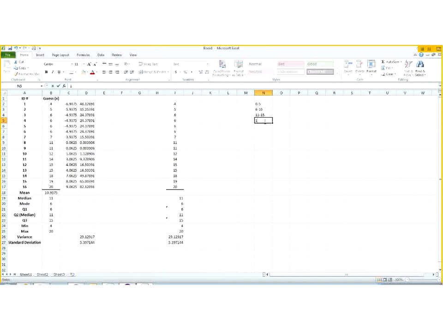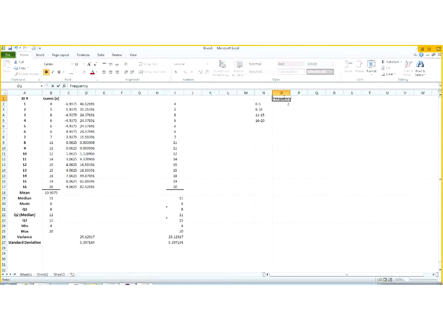Numbers 16 through 20. So basically, all you're doing on those is going through your guess numbers and counting up how many numbers you have between 0 and 5. So we're looking at that. We got 4 and 5. So next to that, we can just tell it the frequency is the number 2. It's 2 because there are 2 numbers